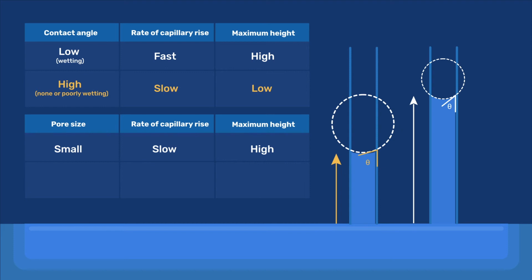Indeed, while increasing the pore size also causes the maximum height of capillary rise to decrease, the rate of capillary rise increases when the pore size is increased. Small pores lead to slow rates of rise but high maximum heights, while large pores lead to fast rates but